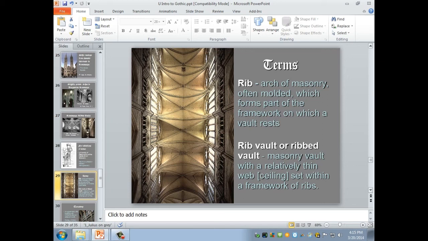The triforium is, if you have a three-part elevation, in other words, you're looking at the nave of a Gothic church. There are some exceptions, but most of them will have the arcade, and then a triforium, and then a large clerestory. And so you have this narrow, perforated section in the thickness of the wall, of the nave wall.